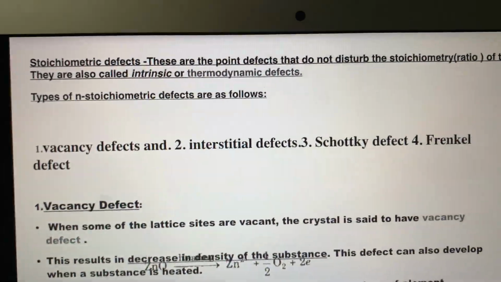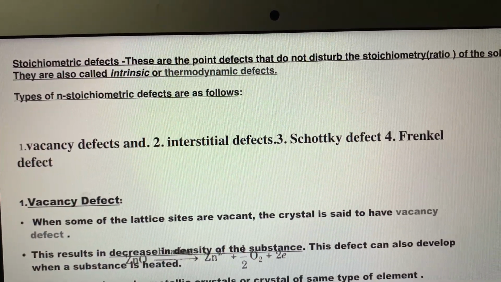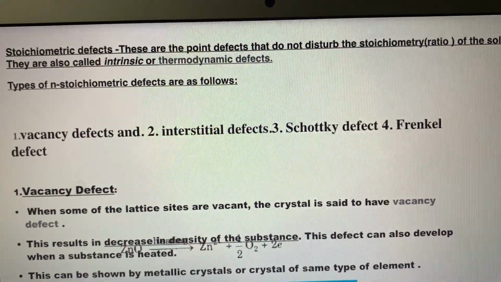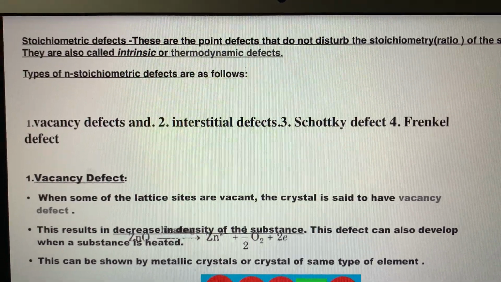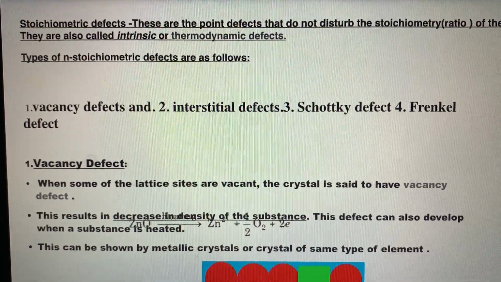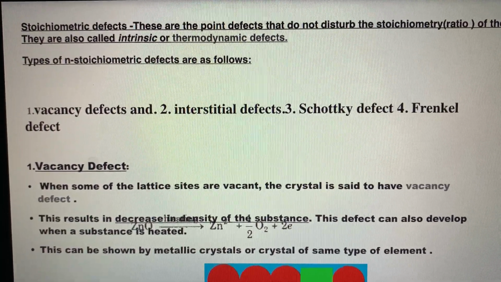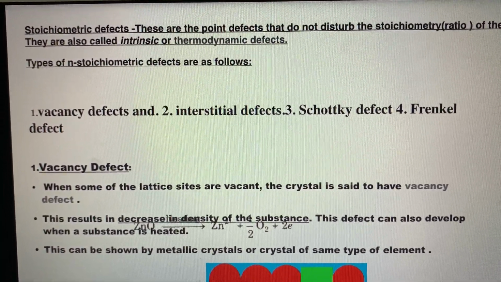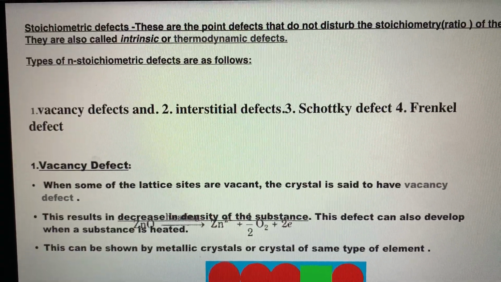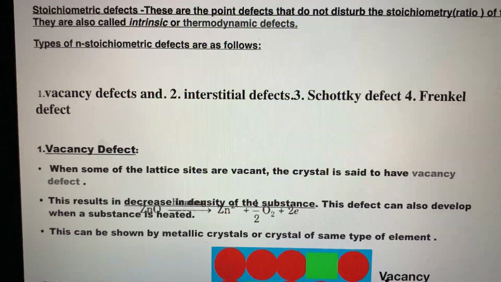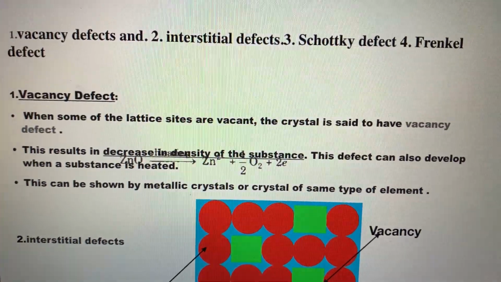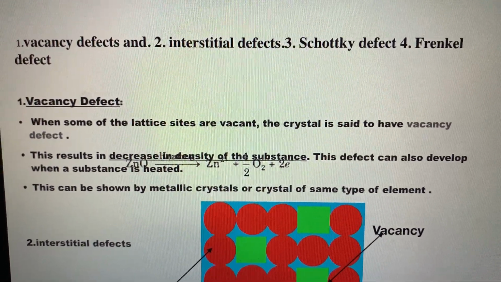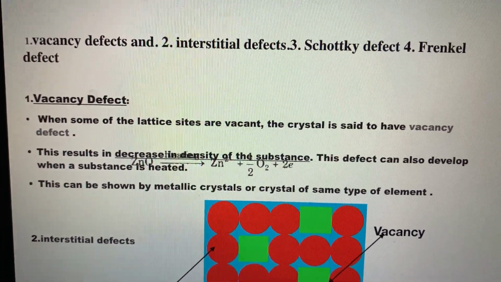So we have stoichiometric defect. What I explained to you can also be called intrinsic or thermodynamic defect. Four types of stoichiometric defects are mentioned: vacancy, interstitial, Schottky, and Frenkel. These things are very important. In vacancy defect, we notice that something is missing from a lattice site.